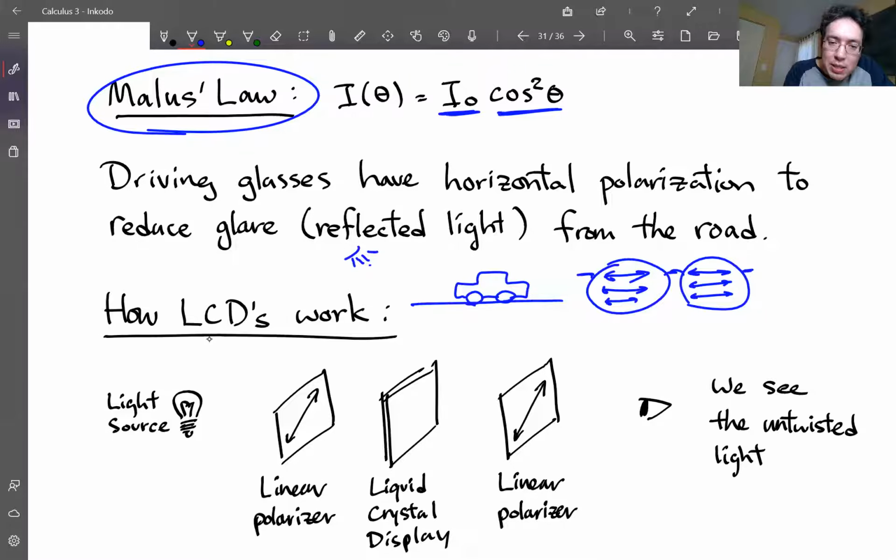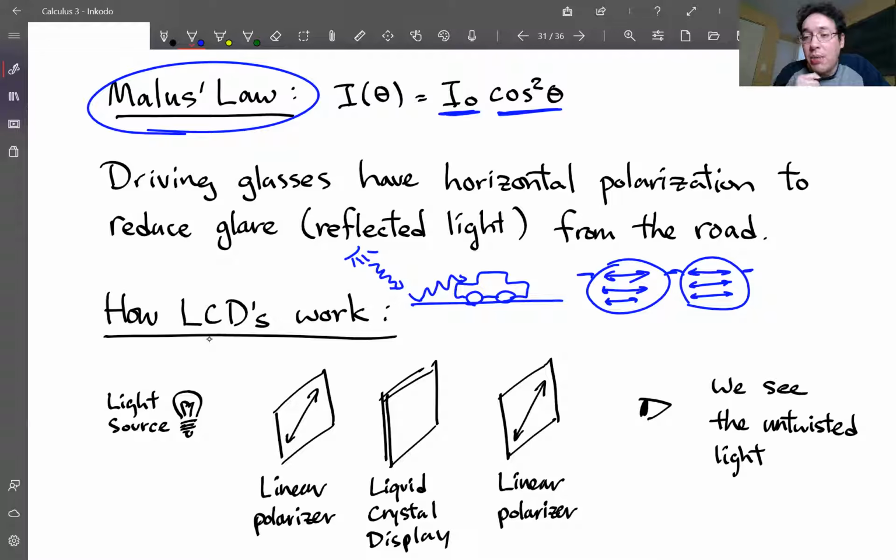The light that comes from the sun is polarized in all different kinds of ways, so there's no preference in which direction it's polarized. But if it reflects off the road,